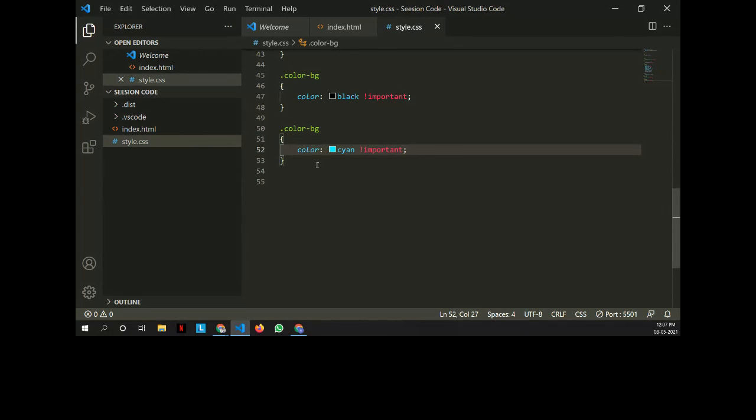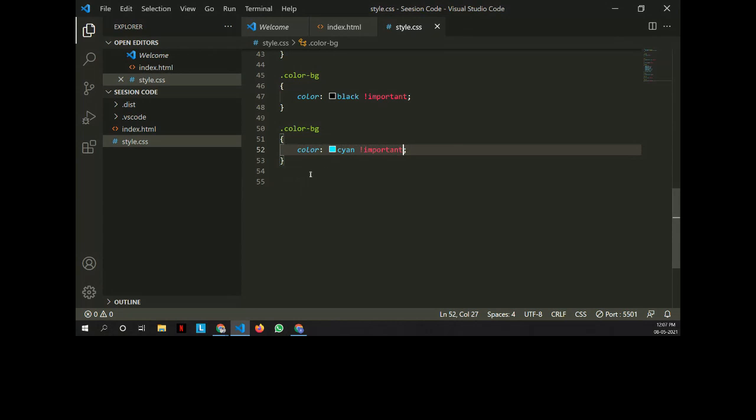So just make sure that you all have your class names defined or named differently, because this happens a lot of times that people write the same class name multiple times, and then they're not able to see the changes they wanted on the website.